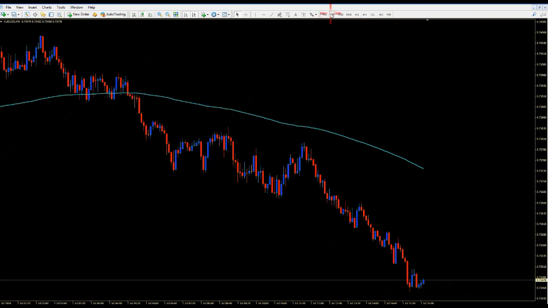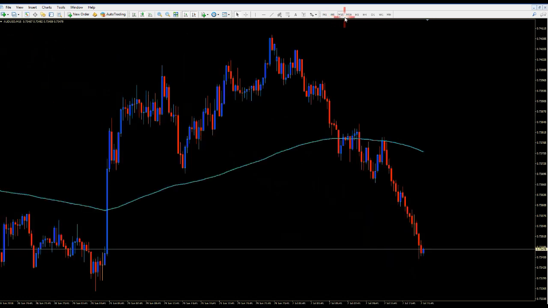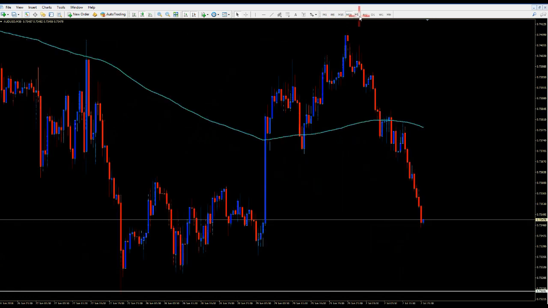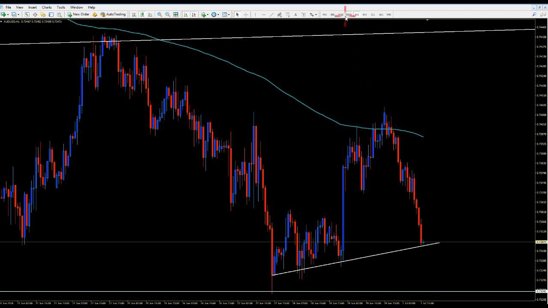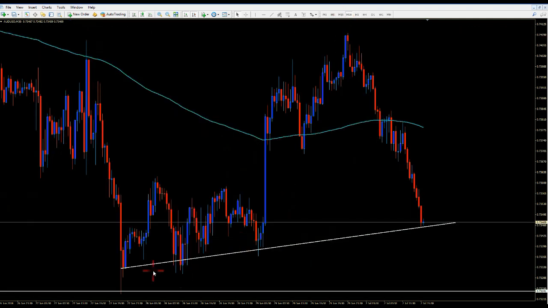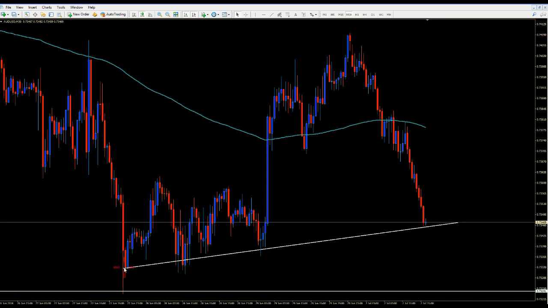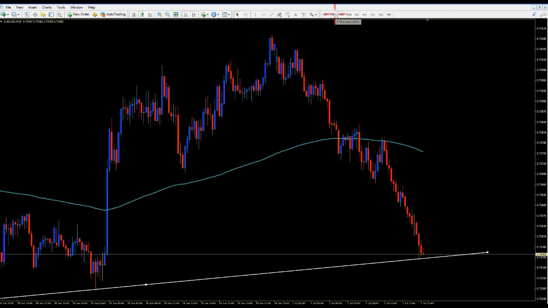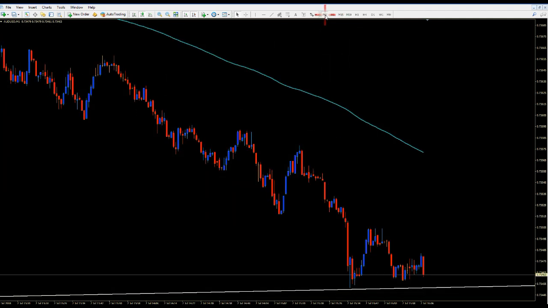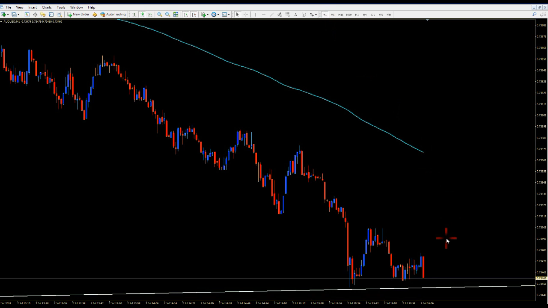So what I want to look at now is another breakout. So we draw a trend line here. You can find a breakout from this level. It's kind of hard to draw because all the candle wicks go really far below here. So not the straightest trend line, but you can see what I mean. So if we go to the